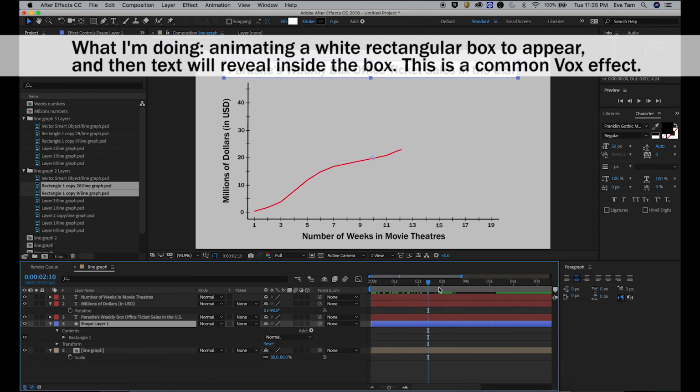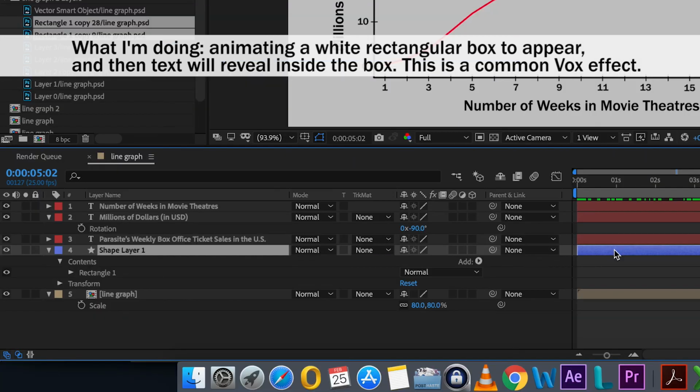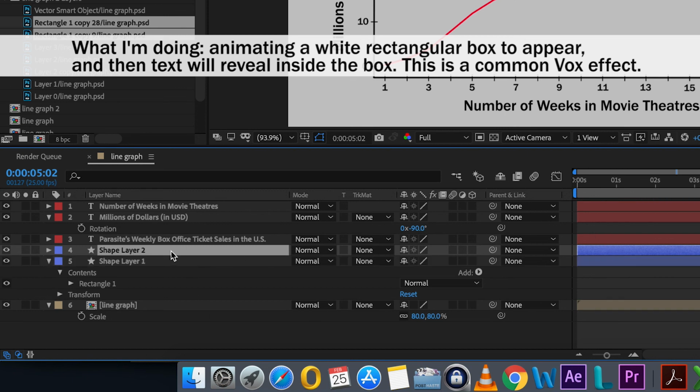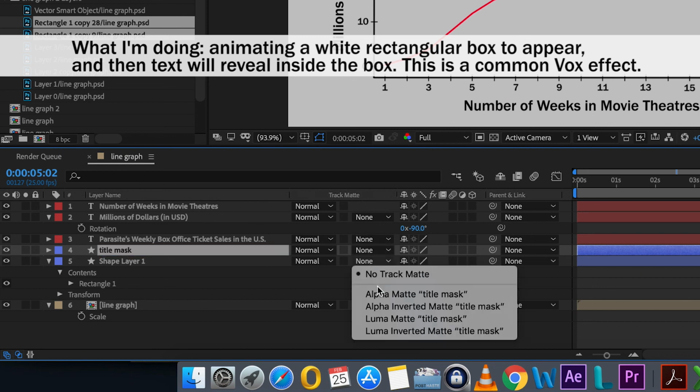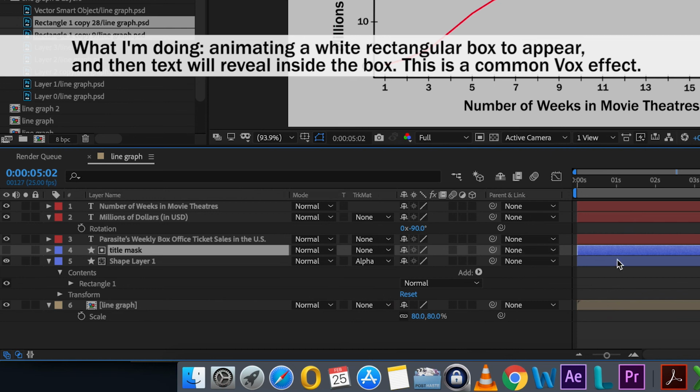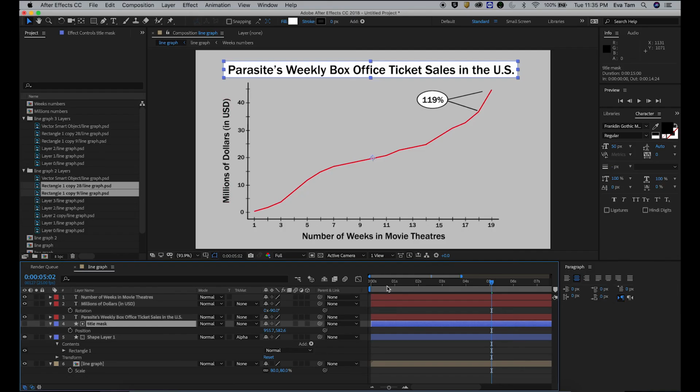Similar to what we did with this text, I'll show you again. I can copy this specific layer like so. So this is my title mask. And I can do an alpha matte. Do my position.